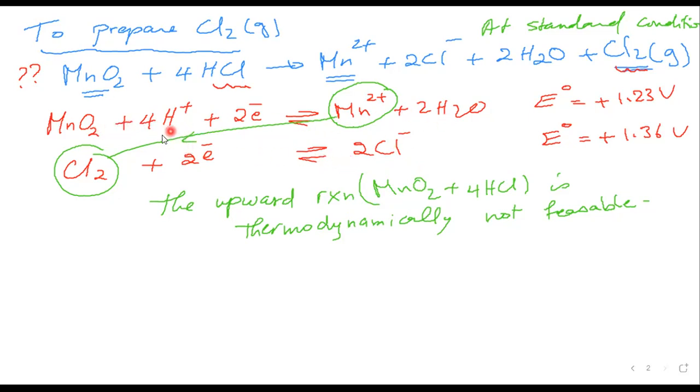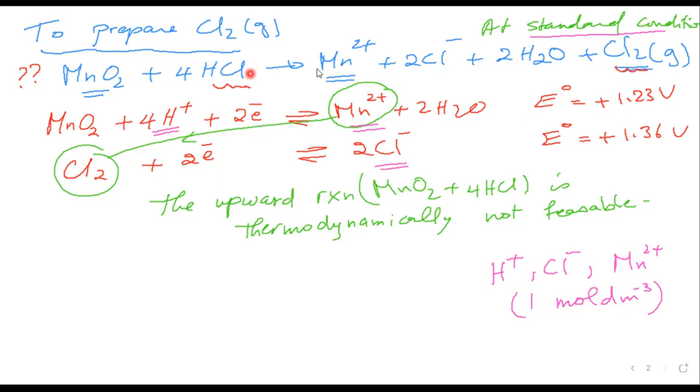It means that all the ions here have concentrations of 1 mole per decimeter cube, as related to standard conditions. We said that standard conditions means that the hydrogen ions, the chloride ions, and the Mn+2 ions, all of them should be 1 mole per decimeter cube. These are standard conditions. So in order to let this reaction take place, we are going to change the concentration